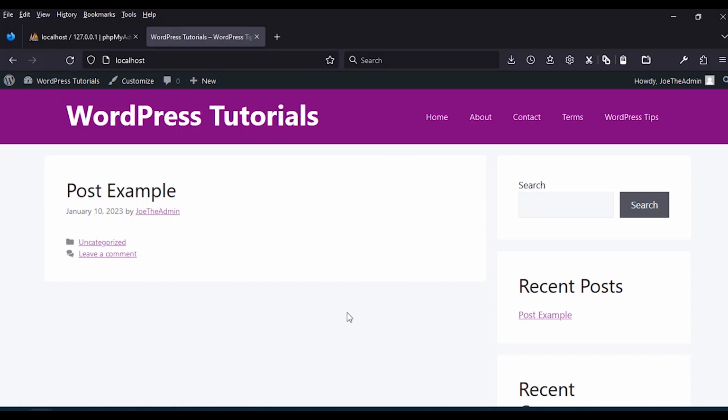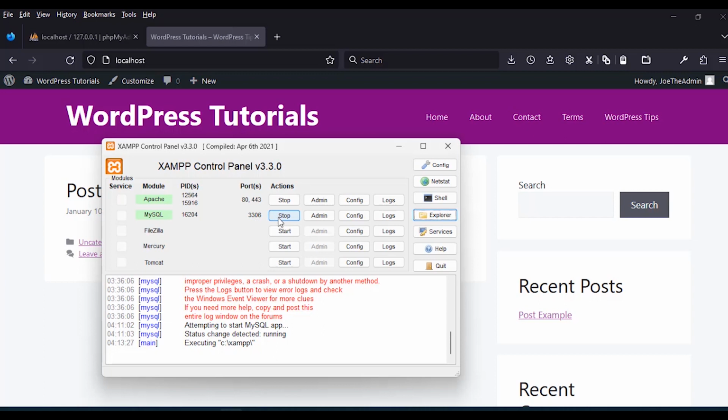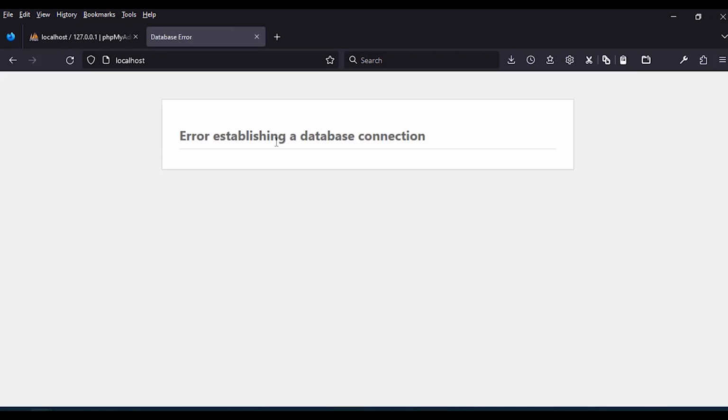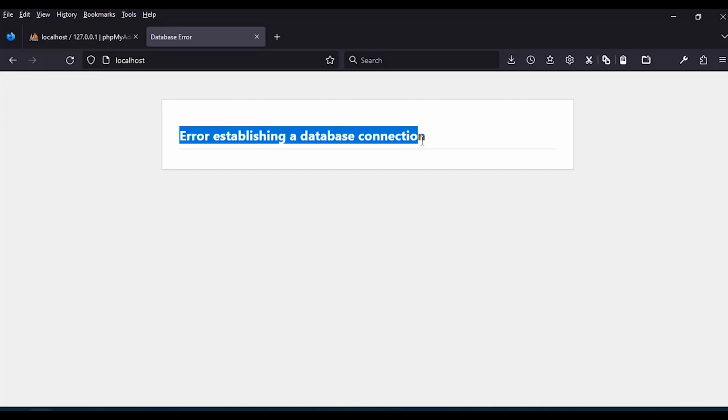In my case, I don't need to repair the database because it works. So that's the second way you would fix this issue of WordPress error establishing database connection. Finally, you should check if your WordPress database server is working. If you remember at the beginning of the tutorial, I had stopped MySQL from running. Like in this case, I can stop it. And once I refresh here, my database server will be down and I'll see the error again, error establishing database